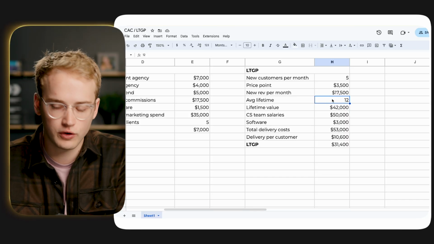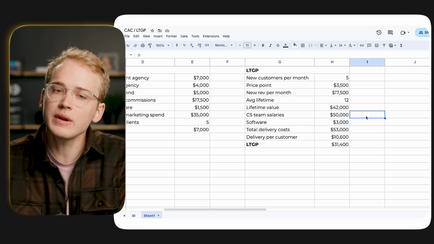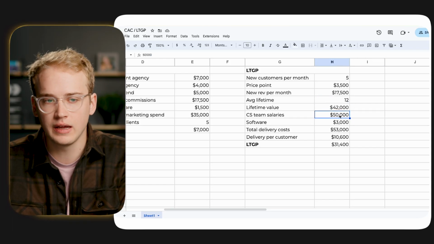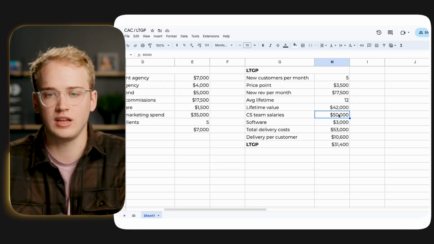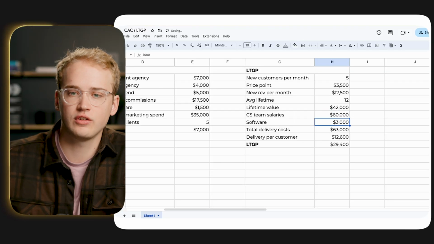I've worked with a few CFO firms in the past. They tend to be a much stickier service than that. So what I'm going to say is these guys are probably not spending enough on their team. There's probably a key hire that they're missing. Let's say that's $10,000 a month.